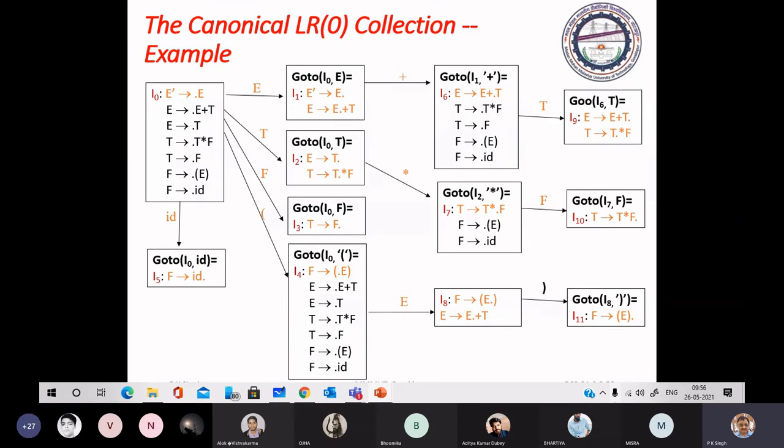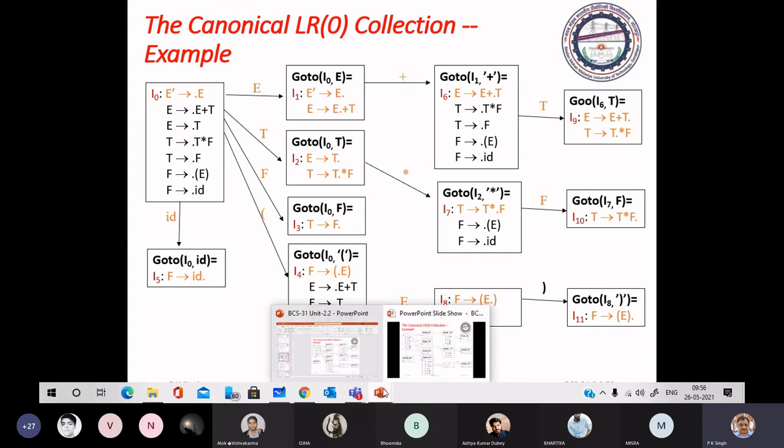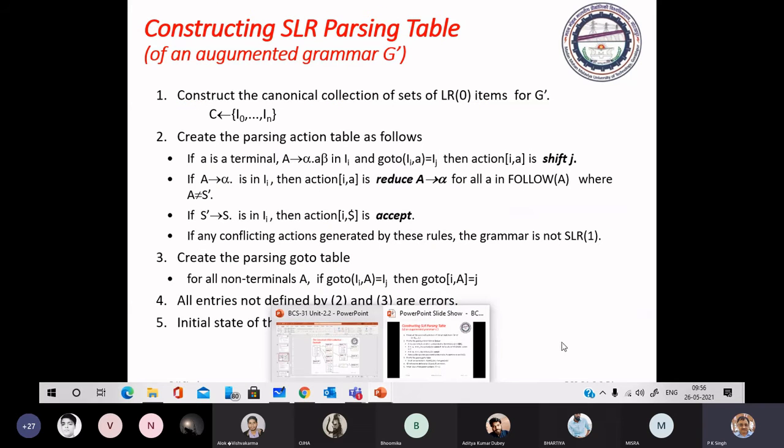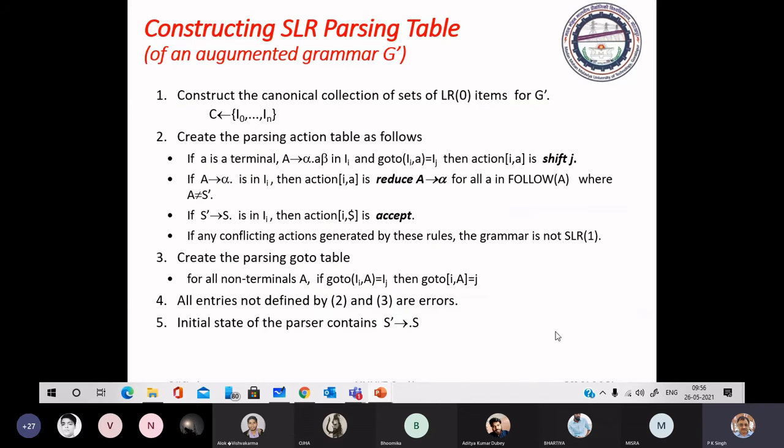Now we will use this collection of LR0 item sets for construction of the table. See how we construct the table. For that we have to look into the algorithm for construction. This is the algorithm.